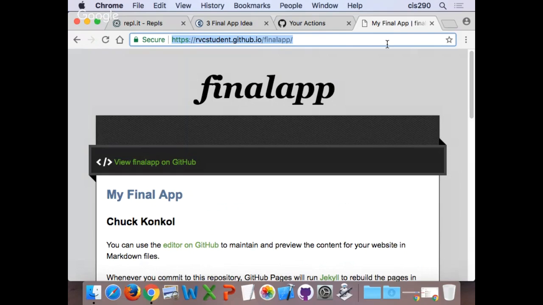Yours. Once you copy, go back up to the code section. Both of you go to the code section and click on the edit button on the right. And paste your URL in the website section. And on the description, put final app.